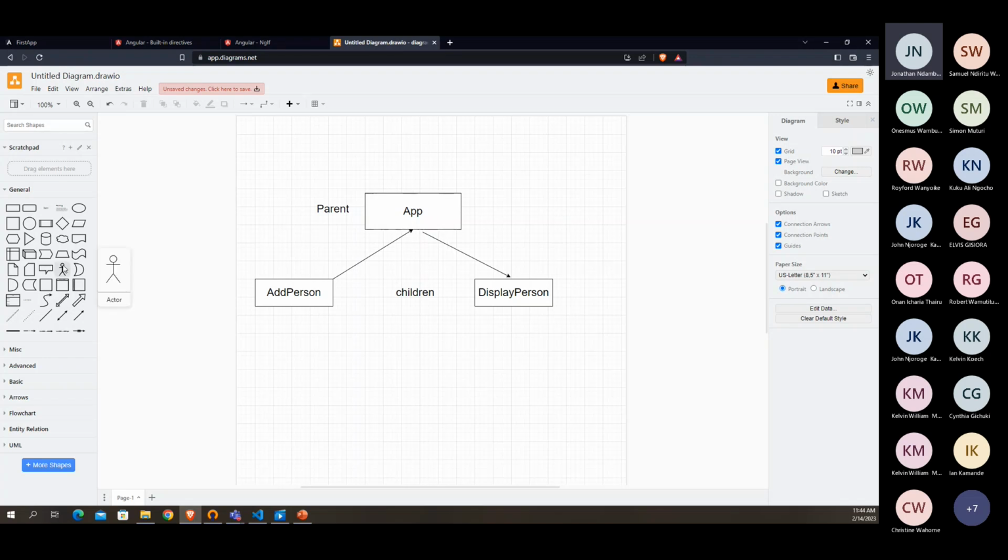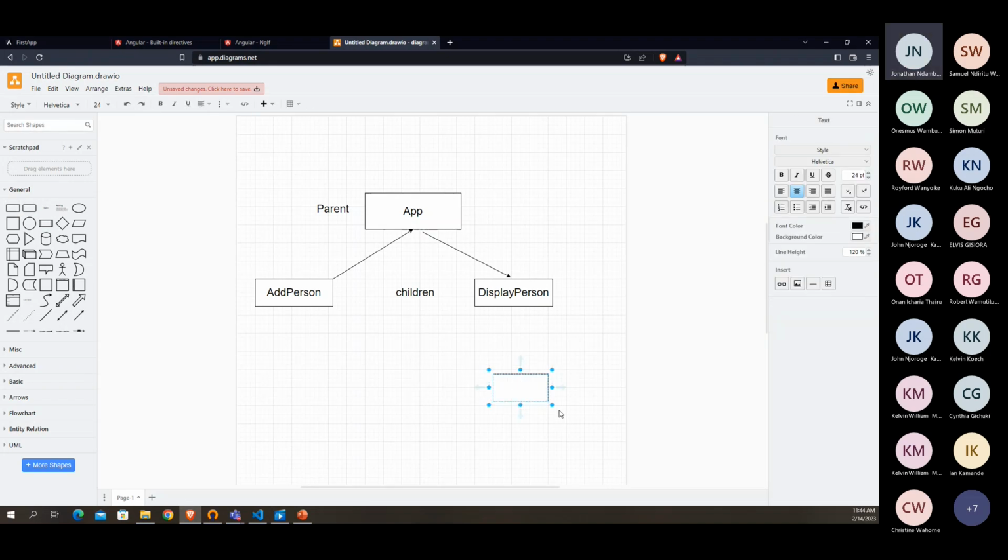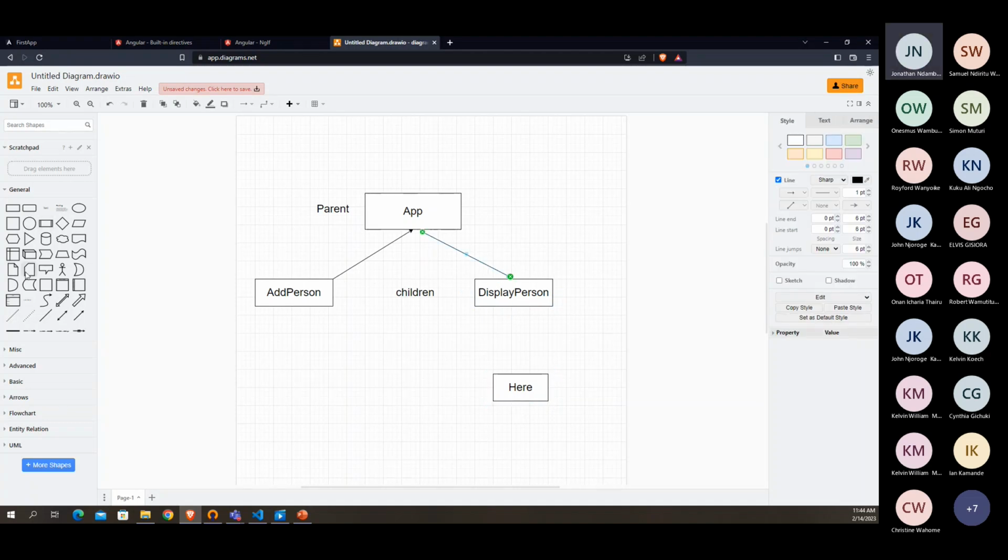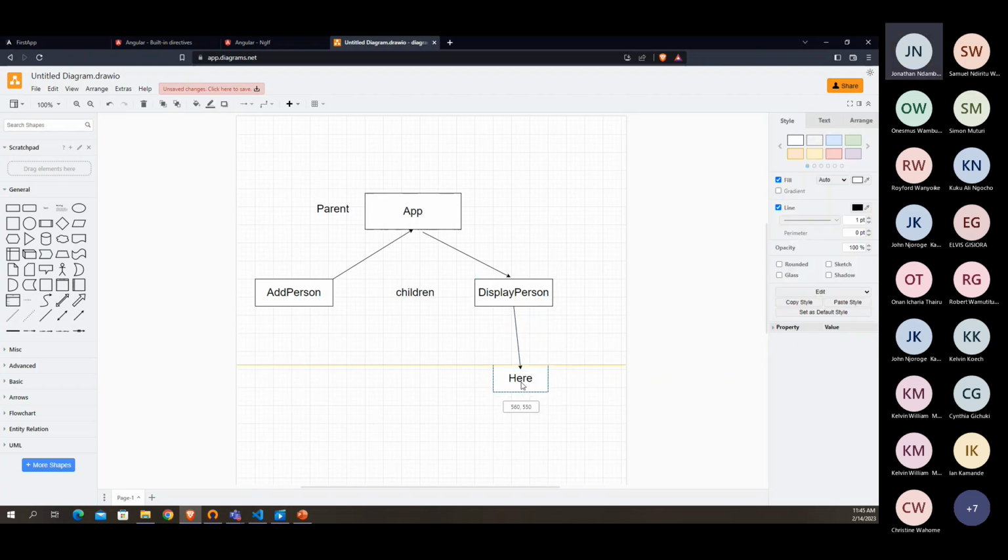Assuming this data was needed in another component here, and this is a child of display. Maybe it was not needed in the display person, but it's needed in this component. So for me to pass data from here all the way to here, just to go through the app, the display, and this time display does not require that data, but it has to go through that,